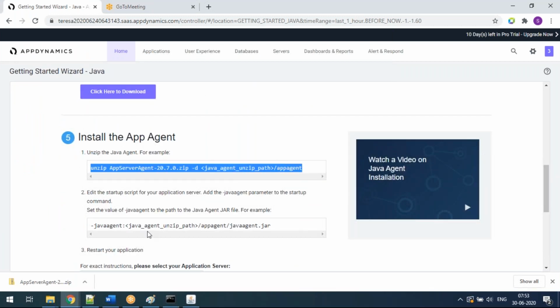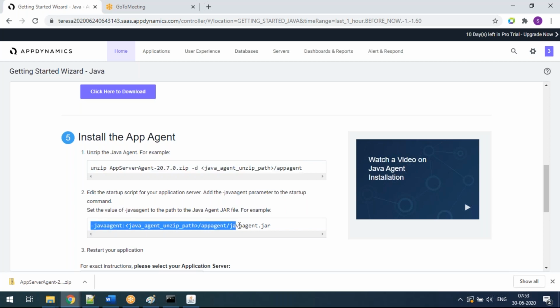Then you have to give this path: where you kept your Java agent, app agent, javaagent.jar. This is the path they gave, and this path has to be replaced.